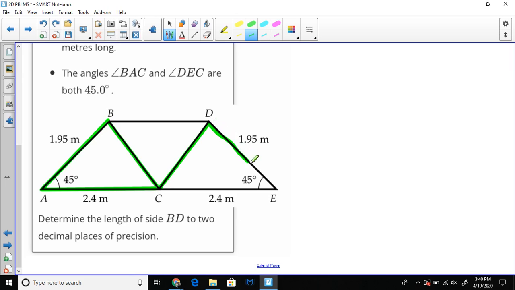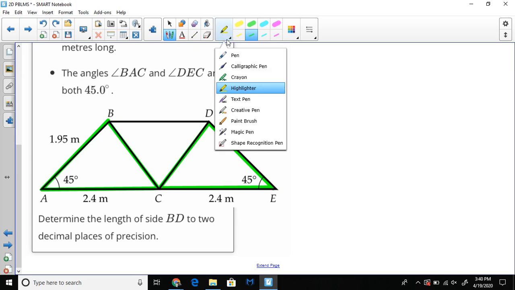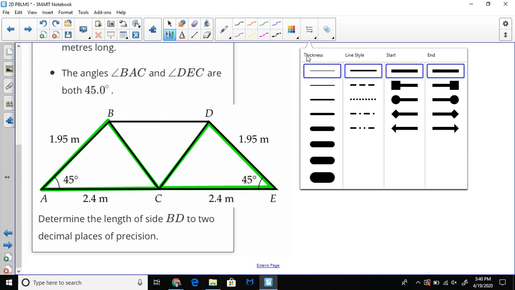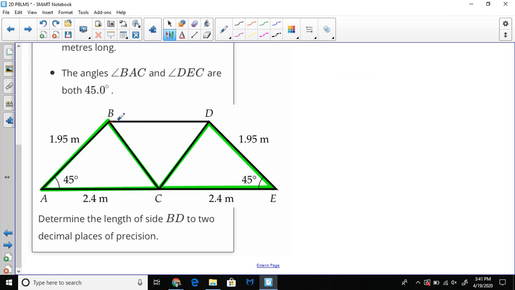These two are equal. They're the same triangle. So now what we're asked to find is to determine the length of side BD. So what is that? That's this one right here. So now for me to find this length,